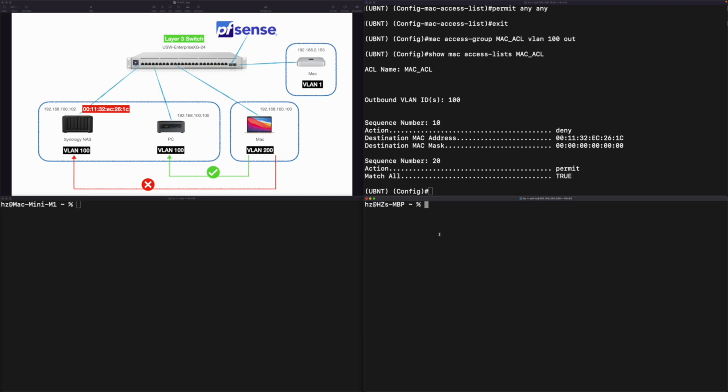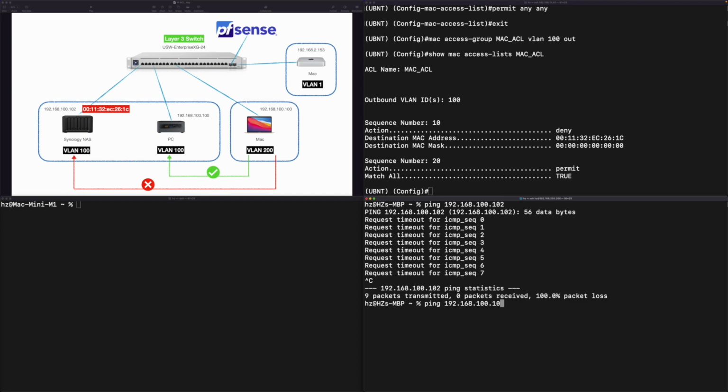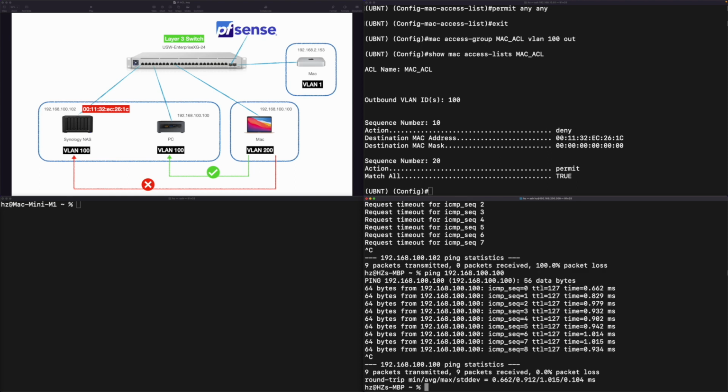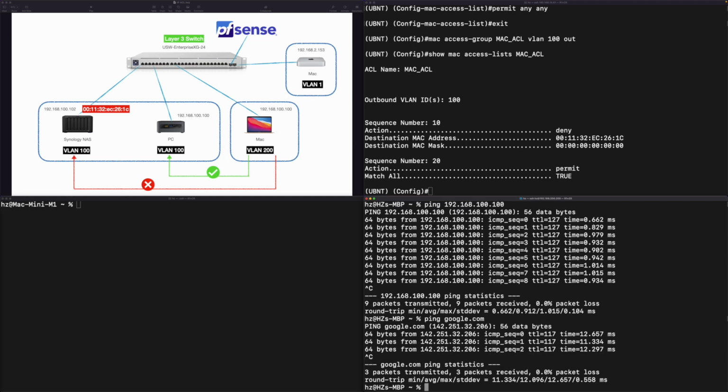Let me go to this terminal. See here from the prompts, you can see I'm already in this MacBook. Let me try to ping the two different IP addresses in VLAN 100. First, the Synology. I cannot ping it. That's good. Then let's try the other one, which is the PC. It still works, so everything's working as expected. Let me see whether I can still access the internet. No problem. Great. So now we can finish the first part, which is the relatively easier one, the MAC ACL part,